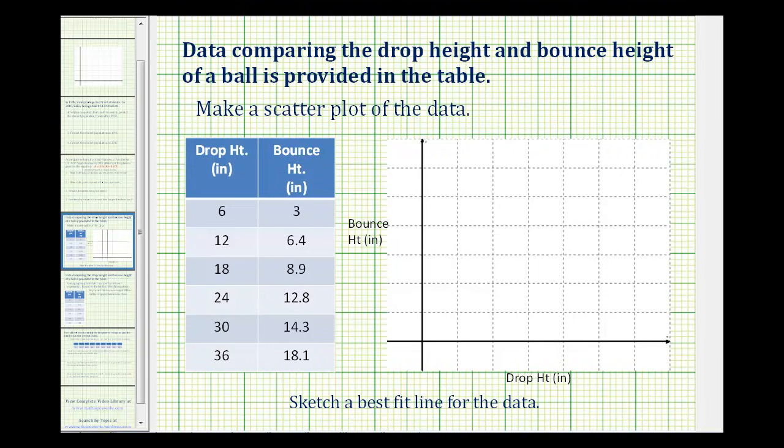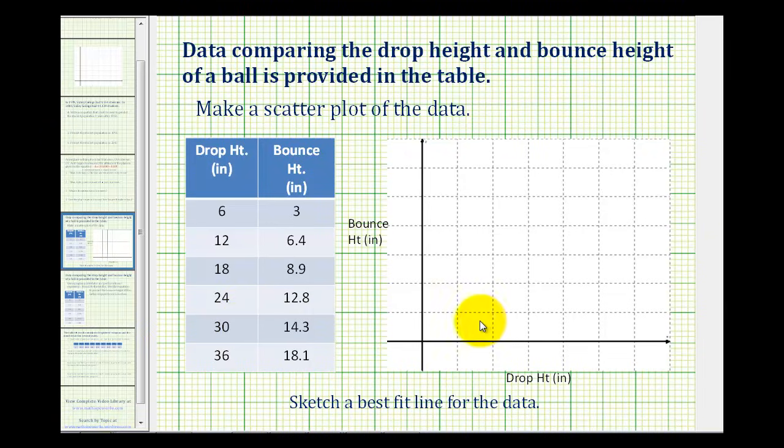We're now going to take a look at an example of linear regression. Here we're given data comparing the drop height and bounce height of a ball. Notice the first column is the drop height, the second column is the bounce height. So the first step is to analyze the data by making a scatter plot, which means we're going to plot